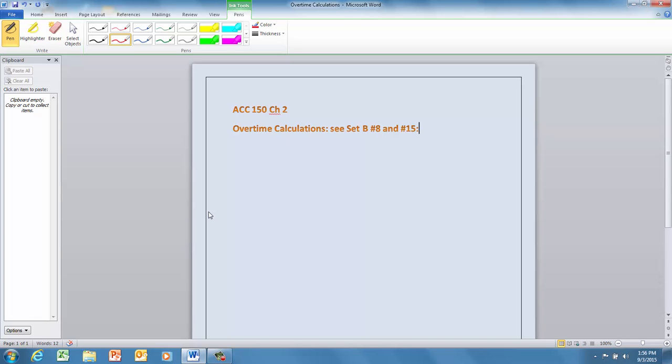Now there's two ways we can do this. This particular problem asks you to do the overtime premium approach. But we're going to do it both ways. We're going to do it the regular way, and we're going to do it the premium approach. All right, in the regular method, we're going to take his 40 hours times his normal rate of $13.76